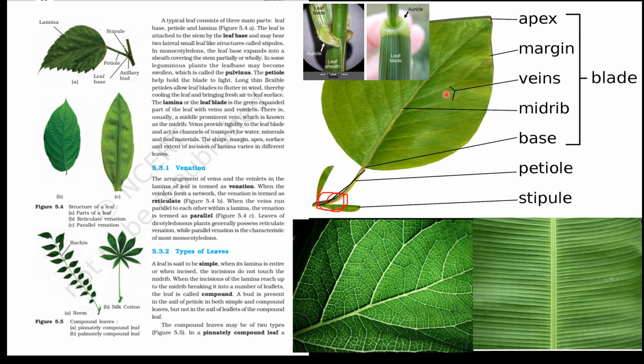Veins are the branched structures arising from the midrib. This is the midrib and these are the veins. Different types of venation are seen: reticulate venation and parallel venation. Parallel venation is seen in monocotyledons with a fibrous root system, and reticulate venation is seen in dicotyledons with